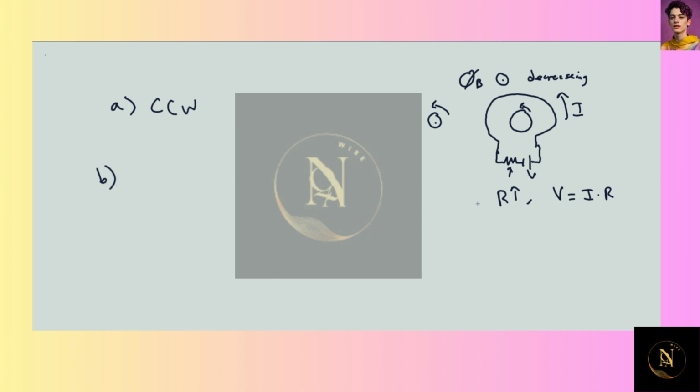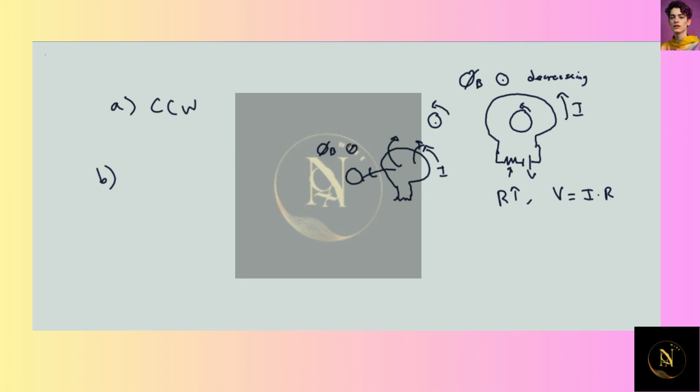Now in part B, we're asked to consider the case when our smaller loop is now placed to the left of our outer loop, with the current still flowing initially in the counterclockwise direction. So now the magnetic flux through our smaller loop, if we follow the right-hand rule of the magnetic field generated by the outer loop, we can see that at this point to the left, the magnetic flux